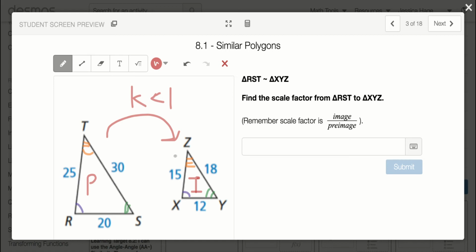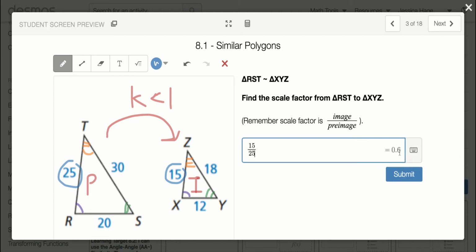So we're going to put a number from the triangle on the right, XYZ, on the top, and a number from triangle RST on the bottom. And we can pick any ones we want. So I'm going to pick 25 and 15. And those correspond to one another because they're in between angles R and T, which is purple and orange, and X and Z, which is purple and orange. So we have 15 over 25, and that's going to reduce to 0.6